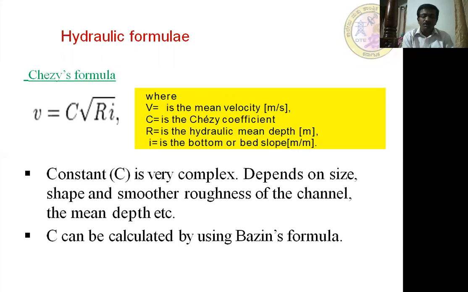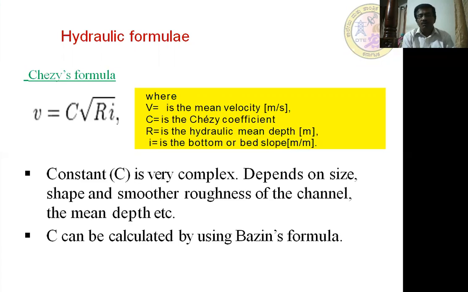It mainly depends upon the type of the materials used, size, roughness, depth of flow, age of the pipeline, and all these things. The selection of the materials mainly depends upon the requirement of the system, whether it depends upon the durability, the roughness, the cost, ease of transport, ease of placement, and all these things. R is the hydraulic mean depth.